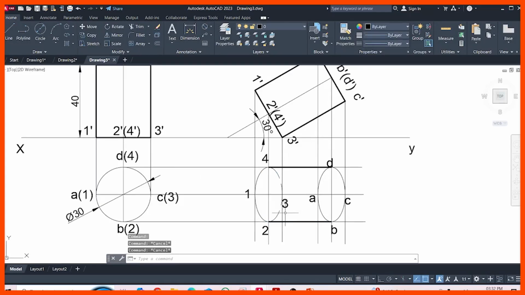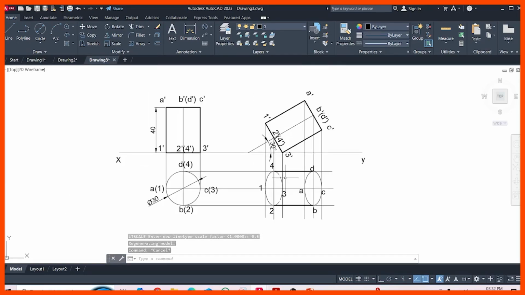See here, the hidden points are visible. If you want to change the scale, type LTS and enter. It will ask to enter the linetype scale factor. By default it will be 1, so change it to 0.5. Then the number of points visible changes like that. So this is the